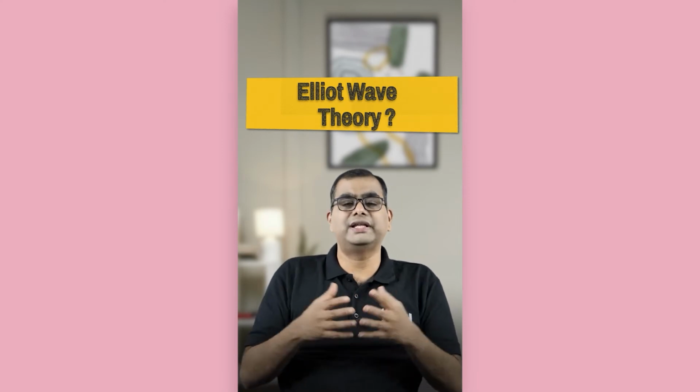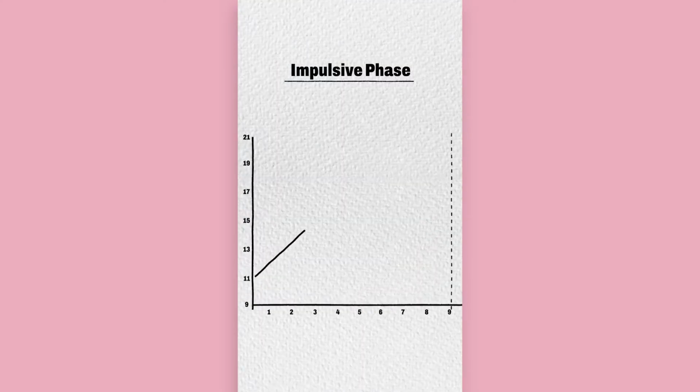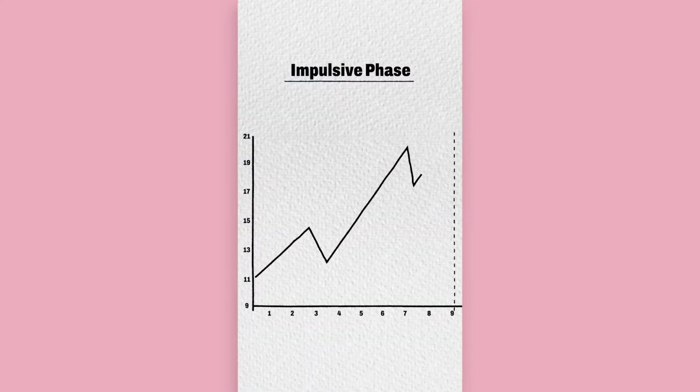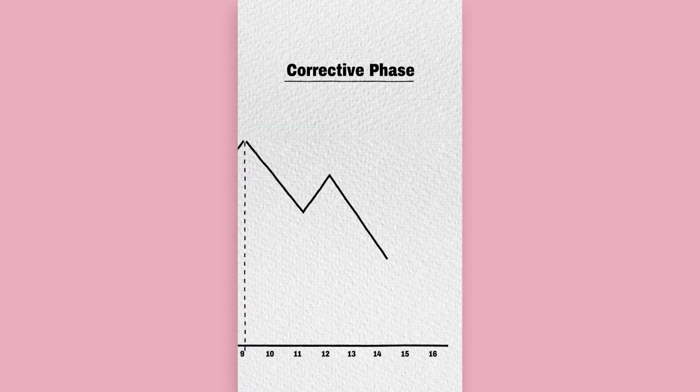Just like Dow Jones theory, Elliott wave theory propounds basically there are two phases. One is the impulsive phase, second is the corrective phase. In the impulsive phase, there is a general trend, a wave which is moving upwards, in which you have certain movements that are in opposite directions, but again the general trend is in one direction. Then you have the corrective phase, which is exactly opposite of the general trend, where you have the opposite direction movement. So if the general trend, that is the impulsive phase, is upward movement, the corrective phase is actually the